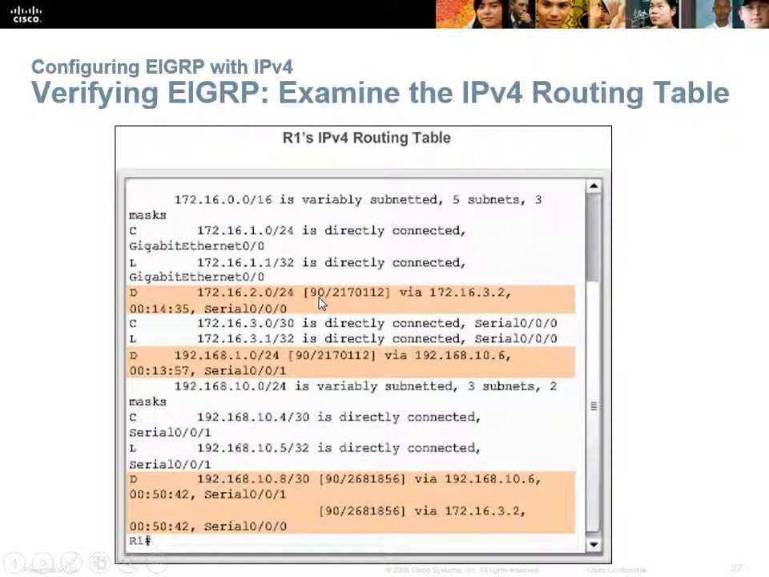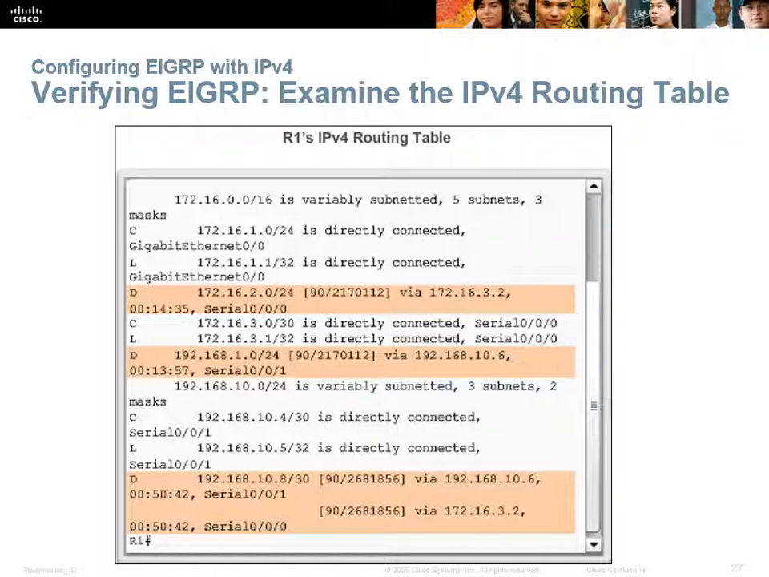Since this is 90, what does that mean? The administrative distance is 90. What does that mean? 90 means it's an internal EIGRP. 170 there would show you that it's an external EIGRP. It's external to my network. Okay, so on the bottom one that's highlighted there, the times and the 90 and the distance are